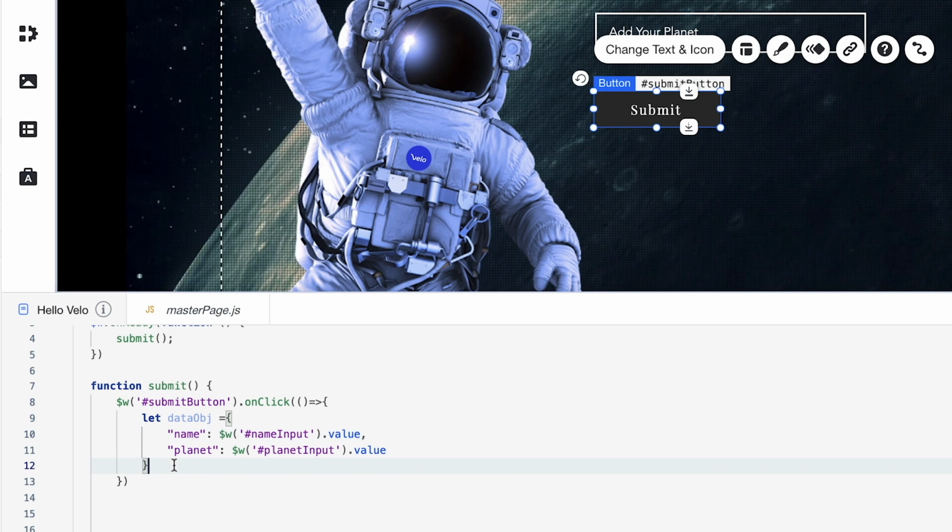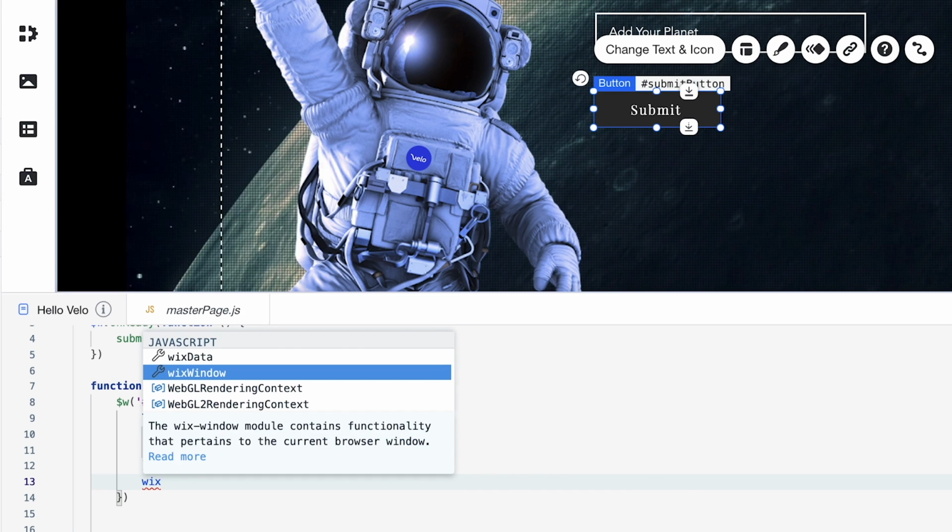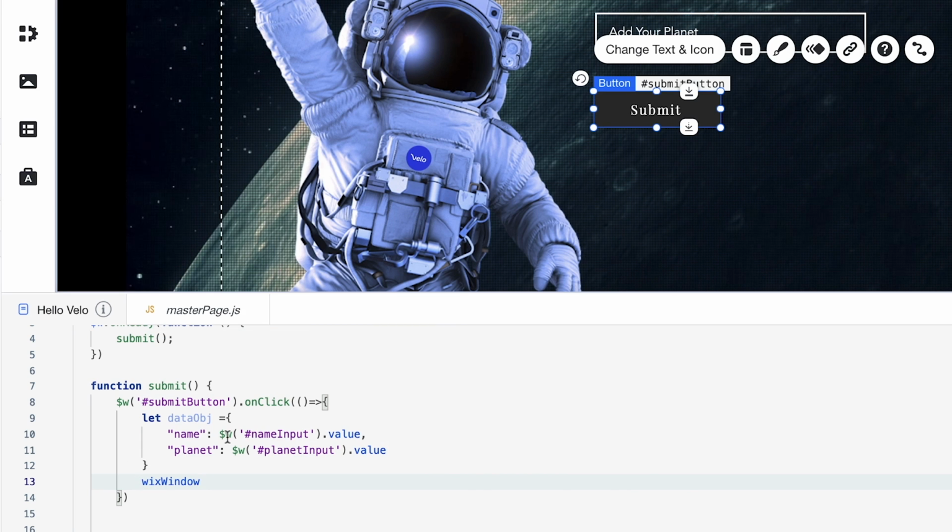Now in the last section, I'm going to use the Wix window API to open the lightbox, right? So wixWindow, and we have a function called openLightbox. When you use openLightbox, you have to provide the name of the lightbox and any data that you want to pass. Those are the arguments we're going to use here.